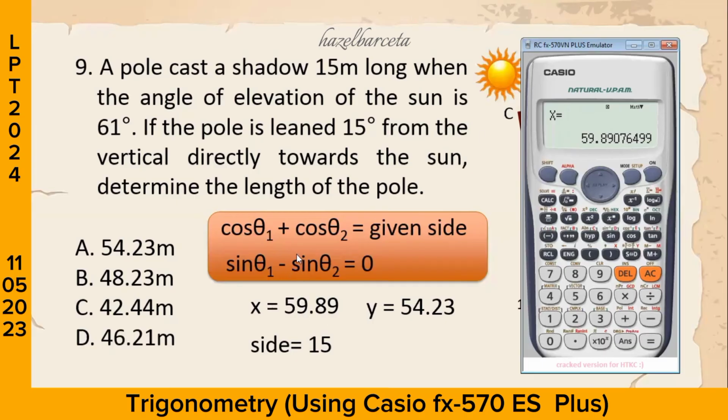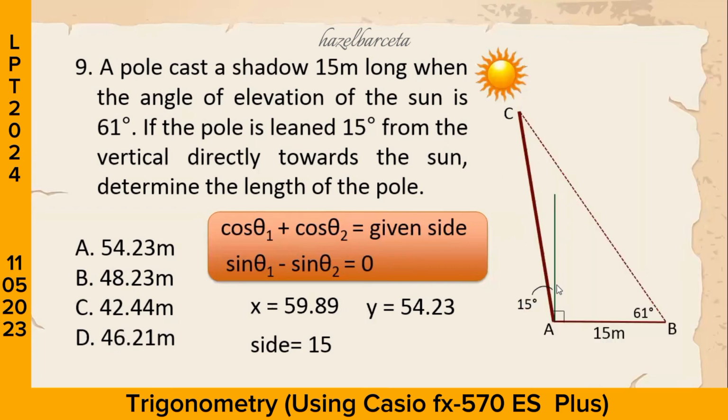Therefore pala, kapag ginamit natin ang sine law, ang masosolve po natin ay yung dalawang other side. Kasi isang side lang po yung given. So, dito, dahil ang mahaba ay 59.89, therefore, ito po yung side na yun. Okay, opposite the right angle. So, ayan, siya po yung 59.89 and ito po yung hinahanap natin na 54.23, which is the length